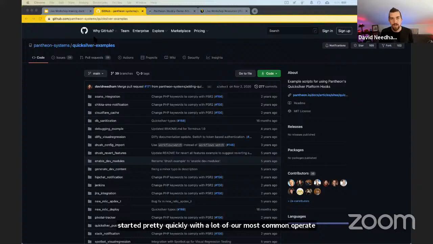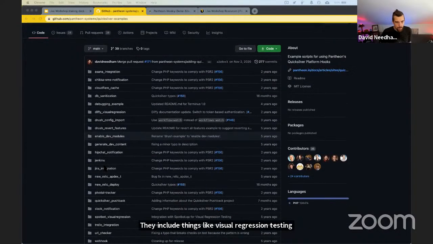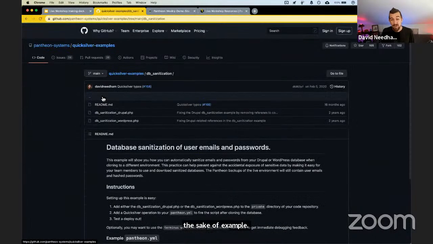So a lot of these include things like visual regression testing, talking to communications tools like HipChat or Slack. There's a few different visual regression testing options in here. But I'm actually going to talk about a couple that are a little bit simpler than that, just for the sake of example. If we jump into the DB sanitization option, this is one of the examples that I talked